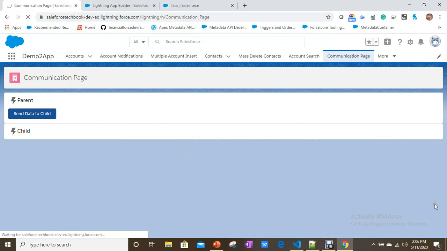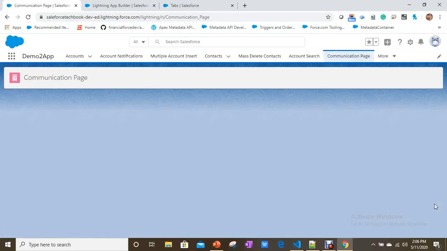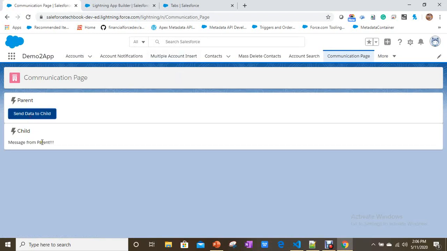Let's see how it works. See, "message from parent" simply came. This is how it works. Now we have successfully understood how we can pass data from parent to child.